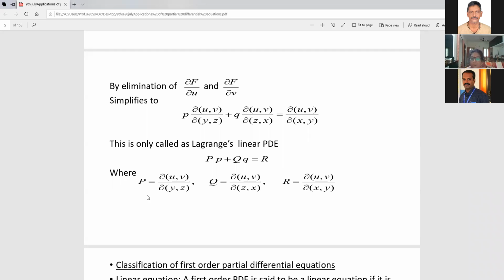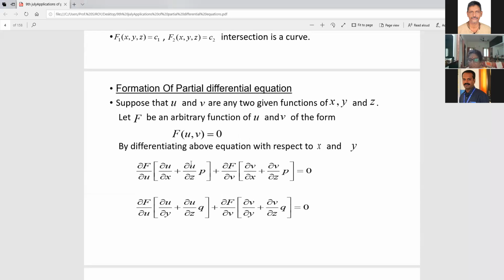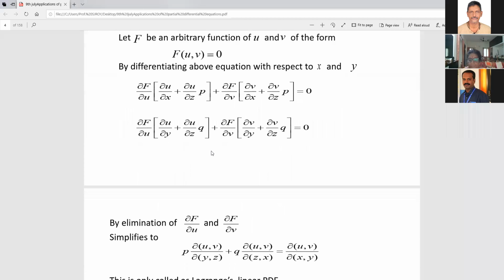Okay. Once you have this type of equation, we say it is a Lagrange's linear partial differential equation. If you solve this, we'll get back to the equation we started with. All of you may know that if you solve using auxiliary equations, there is a big theorem to prove this also. Once you create it, you can also come back. So that possibility we have.